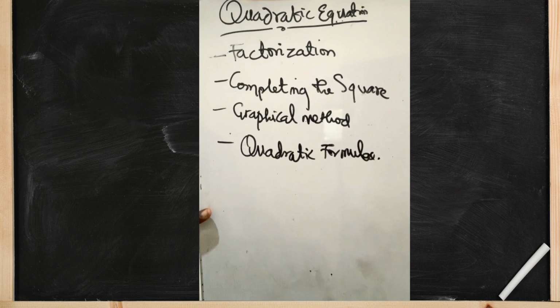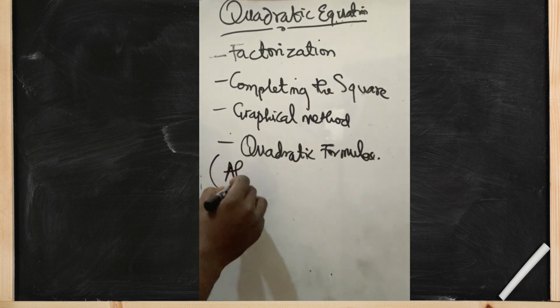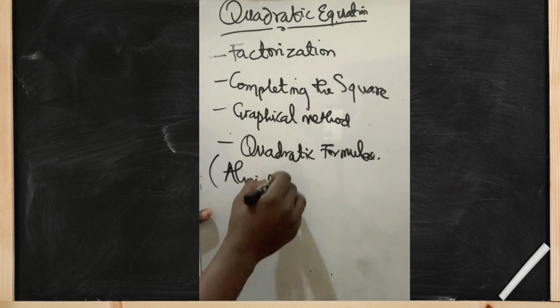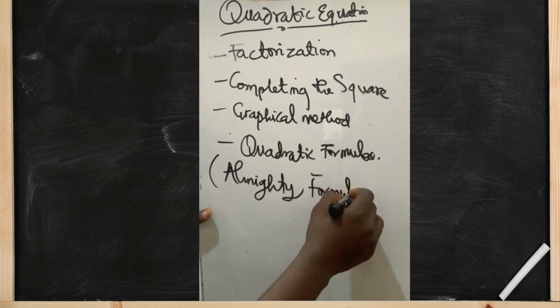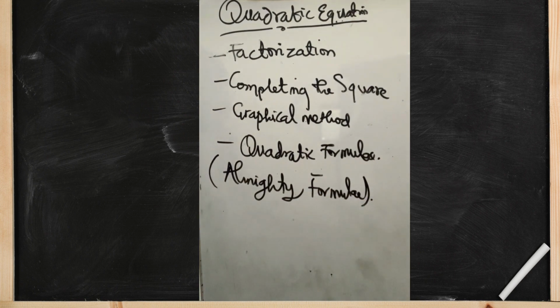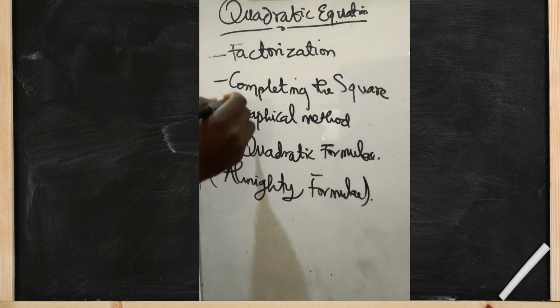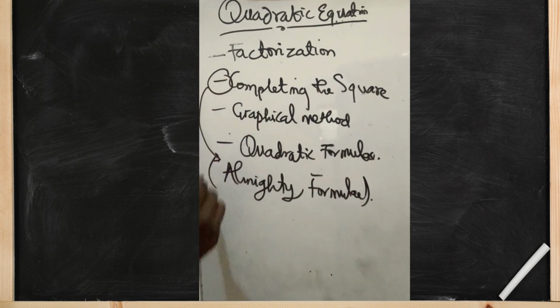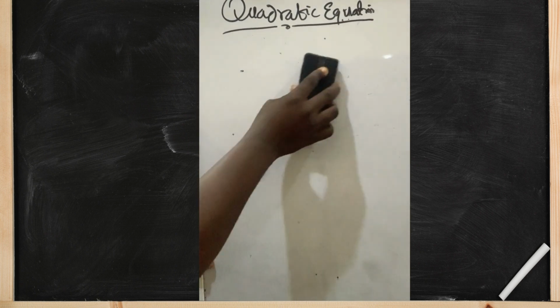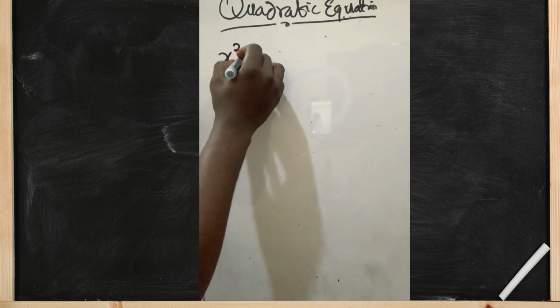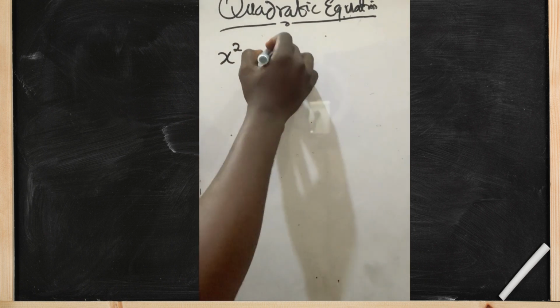Now, for the quadratic formula, we know it as almighty formula in Nigeria. I don't know if any other country also calls this almighty formula, but we will also be using the completing the square method to arrive at the so-called almighty formula, despite the fact that God is the only almighty. So quickly, I'll be starting with a question, and the question will be x squared plus 7x plus 12